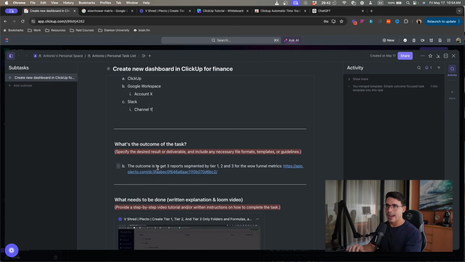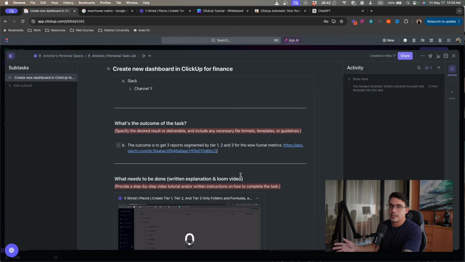And then you want to share the outcome of the task. So it's like the outcome, it's to create a dashboard that shows cash flow, that shows profitability inside this specific list in ClickUp, and it's updated every day by this time of the day with this data, right? Clear. So you want to set up the outcome of the task. The outcome, it's like I need that dashboard that does this. And then you can also add like image examples or some sort of like that looks like this. People like to visualize as well.